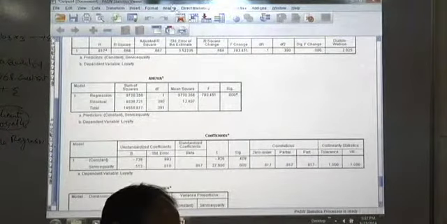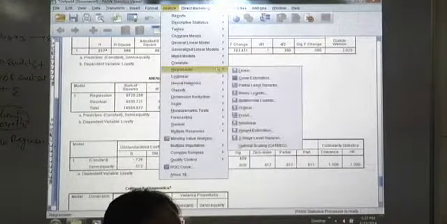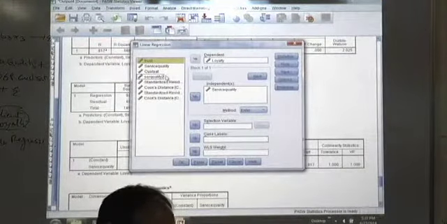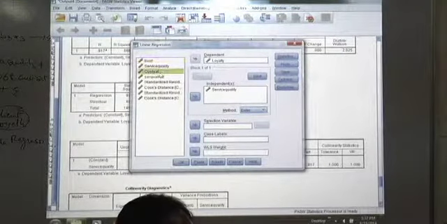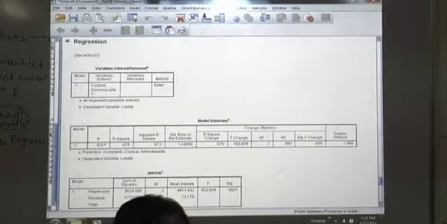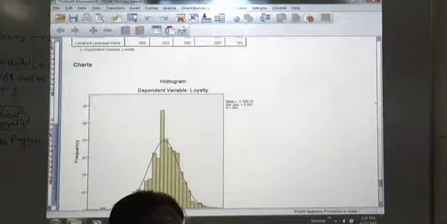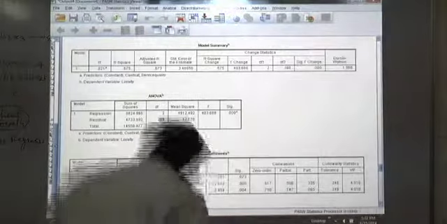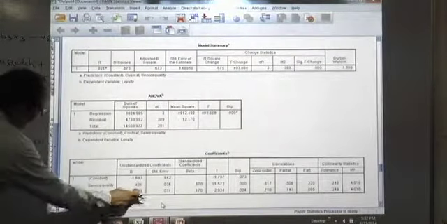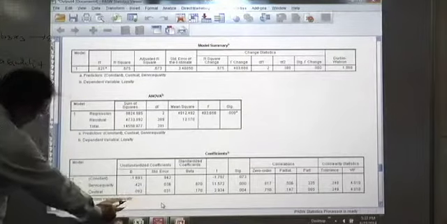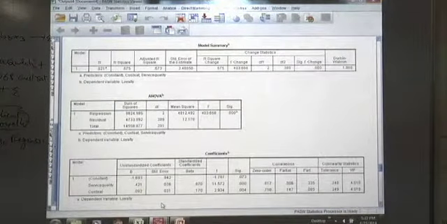Go to analyze, go to regression, go to linear. Now, with service quality, we will have to take the mediator, and that is customer satisfaction. And B will be the effect of customer satisfaction on the dependent variable, and that is 0.092. B is equal to 0.092. And what is SB? SB is 0.031.